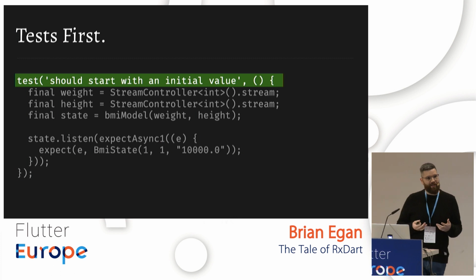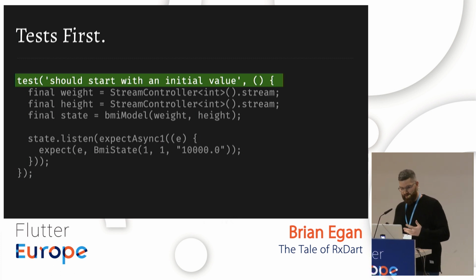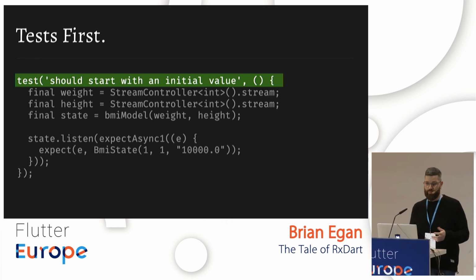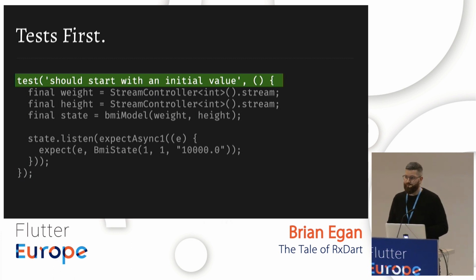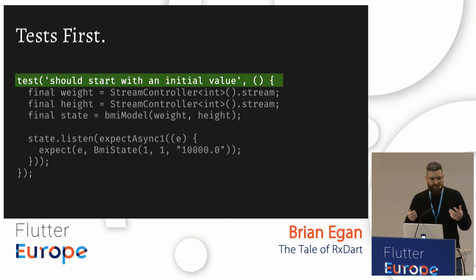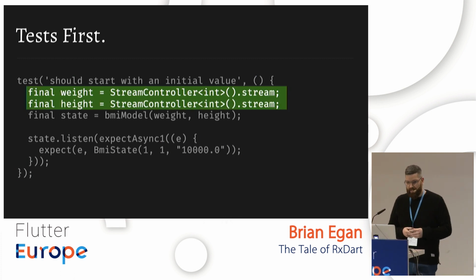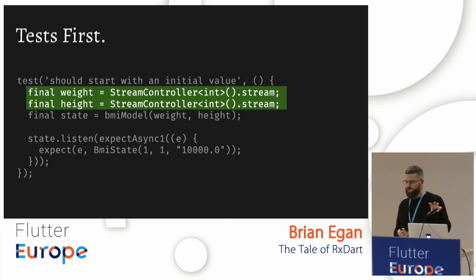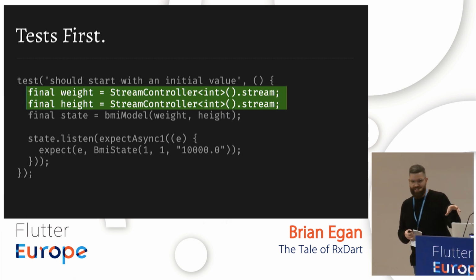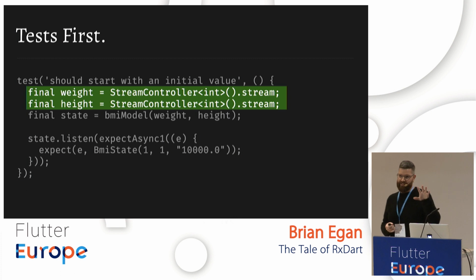And so I basically created 3 tests that tested this thing. The first one was just that when someone listens to the model, it should deliver an initial value. So I went through and created a weight and height variable. And actually, I'm omitting new keywords for the brevity of the slides, but everything here would have a new keyword because this was Dart 1